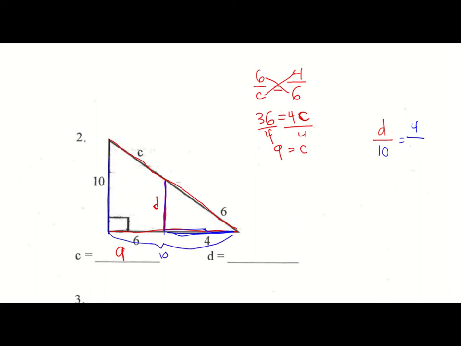So I have 4 to 10. Cross multiply, 10D equals 40. Divide by 10, and I get D equals